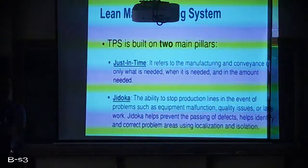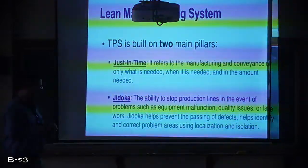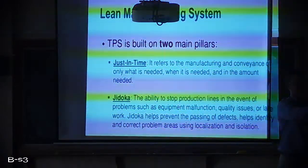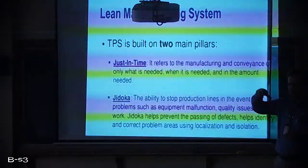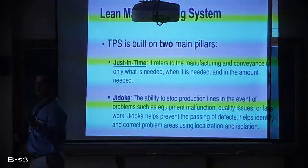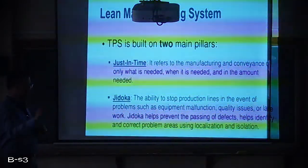there are sometimes cases where it's not fitting properly. Say for example, a component has got multiple drilling holes and is supposed to be kept on some other component where we have the holes. And suppose these holes are not matching, even one among the 10 drilling holes is not matching, it could become a defective one. Okay, so it's very important to identify that